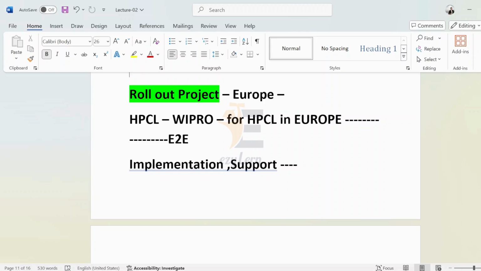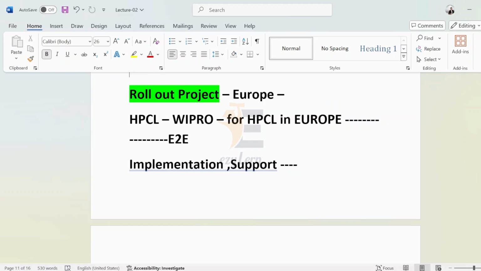Let's suppose one plant is in France and one plant is in India, and they just completed E2E implementation in India's plant with the help of Infosys. And right now they want to do E2E implementation for their France plant. Balco is just planning to do that.